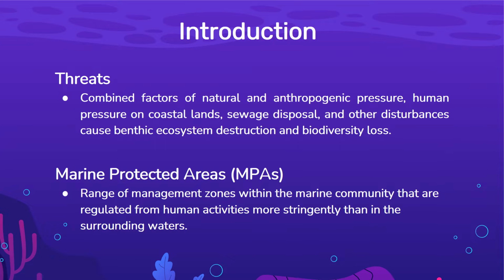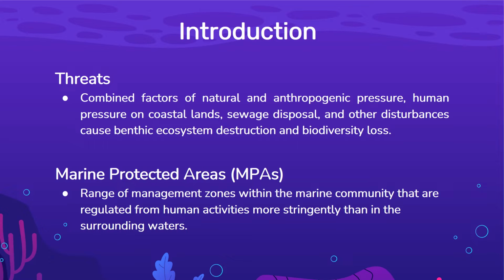The high value of benthic communities in terms of their ecological and economic benefits encourages a high level of non-sustainable abuse of resources and exploitation. Combined factors of natural and anthropogenic pressure, such as human pressure on coastal land, sewage disposal, and other disturbances, cause benthic ecosystem destruction and biodiversity loss. To decrease anthropogenic risks to ecosystem function, marine protected areas are established. These are a range of management zones within the marine community that are regulated from human activities more stringently than